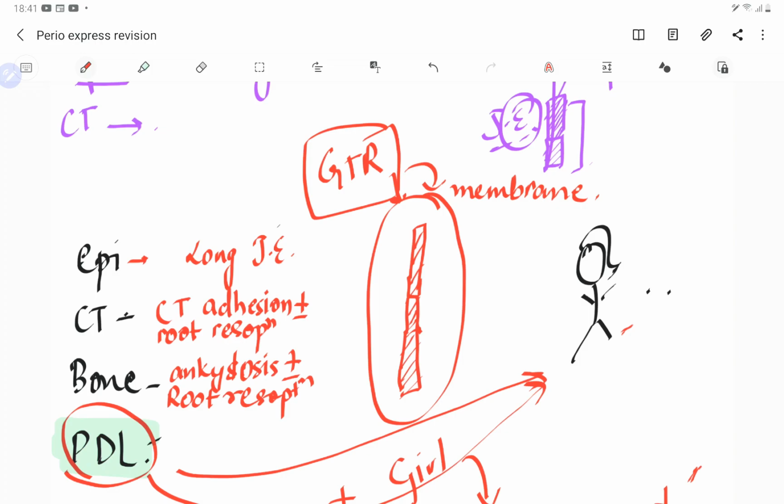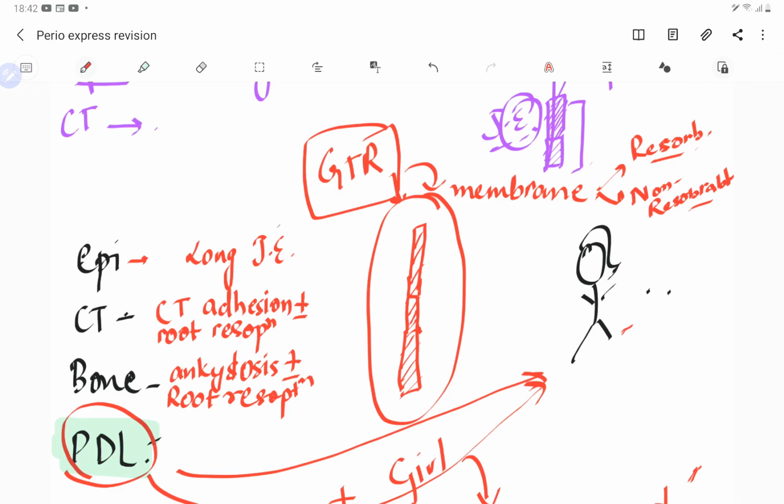Again, when we are going to classify this, it can be resorbable, it can be non-resorbable. Resorbable is, if it is not working out, this guy is going to back up, and if both of them are working out nicely, then it is non-resorbable. You can say that. But resorbable is basically you don't have to do one more surgery to remove the membrane. It will resorb on its own. So that is resorbable. Non-resorbable is, guys, you have to again see, the first surgery is when you are placing the membrane.